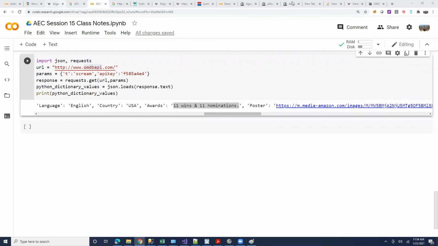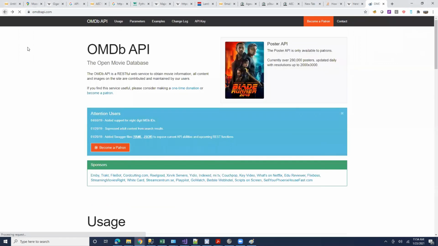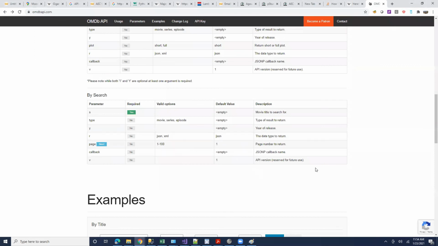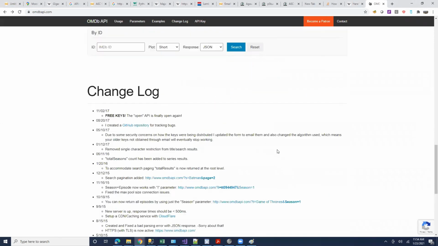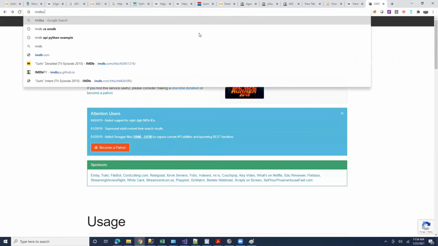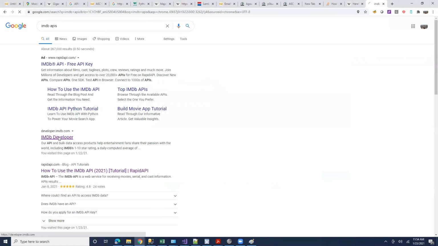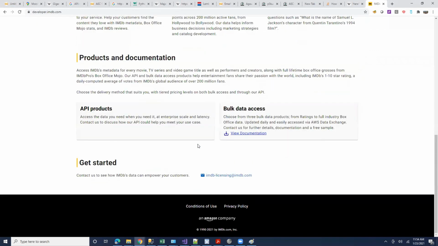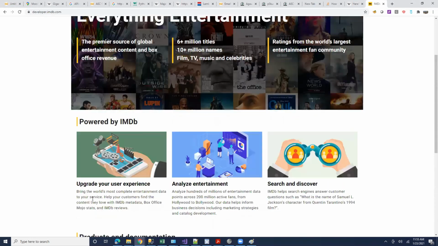But as I said, Arham, it might be difficult to do that directly because this API only allows you to search by movie names, right? So it doesn't allow you to search by director. You can search by movie title, right? You may have to find some other API for doing that, which I'm not too keen on. Yeah, there are definitely other APIs. Let's search, see, IMDb APIs. There are lots of IMDb APIs, but this one, I think you have to sign up, which I don't know. No, this one. Oops.